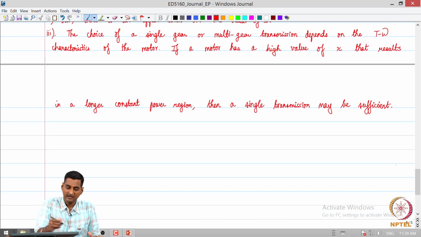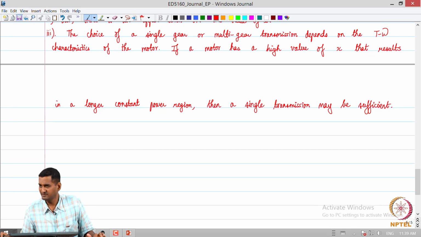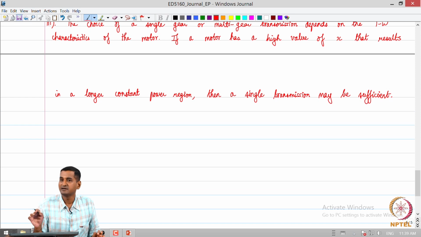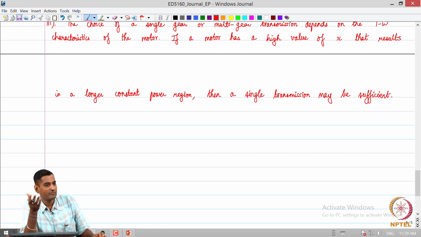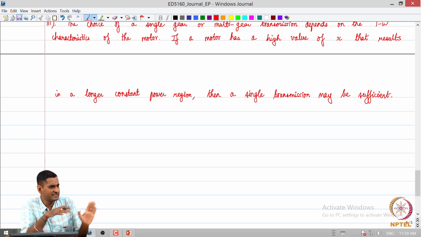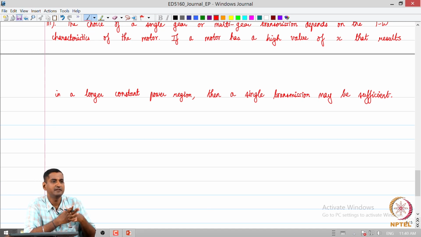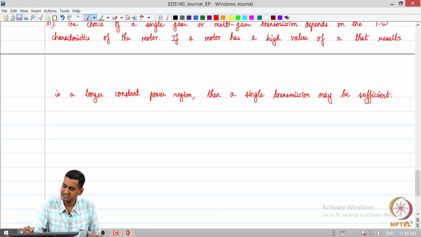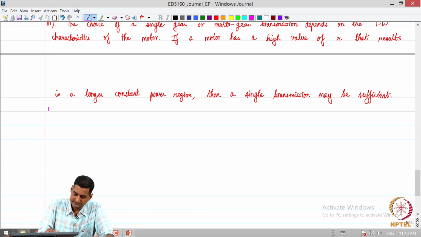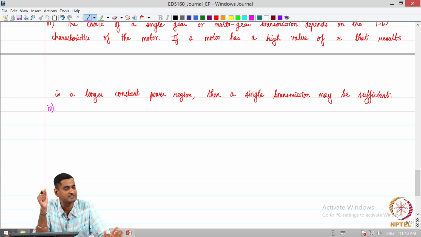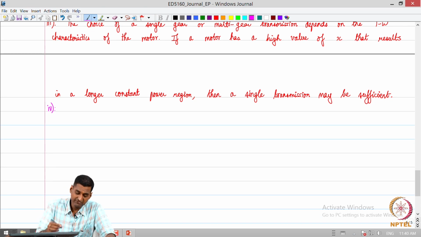So, now let us consider a single speed transmission, and then we will write down some expressions quickly from what we have already learned before from the powertrain's perspective, so that we get a picture of how we can get the initial powertrain ratings from the perspective of vehicle performance. So, let us first look at the various requirements of a vehicle as far as powertrain is concerned, like maximum speed, gradability and acceleration.